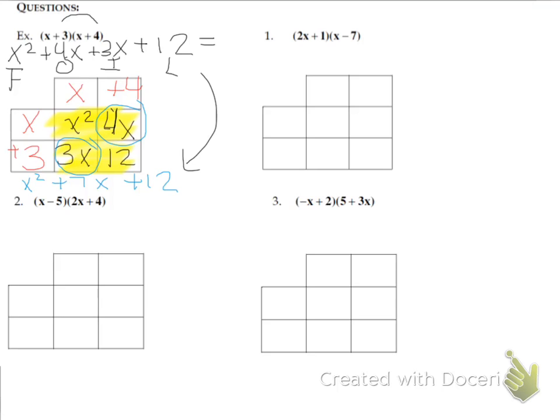Try the other ones. I'm going to write the final answers, and then we can talk about it, or you can ask for help if you're stuck. But the answers to each of these are as follows, and see which method you like better to get them. So 2x squared minus 13x minus 7. Remember, that's already simplified, so if you can't see where the 13 comes from, try it out. The answer to number 2 would be 2x squared minus 6x minus 20. And for the last one, the answer is negative 3x squared